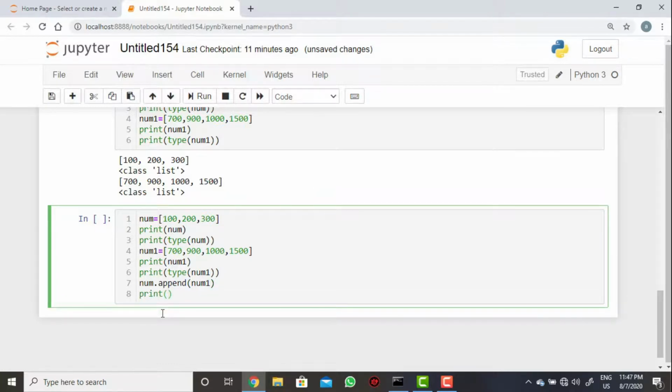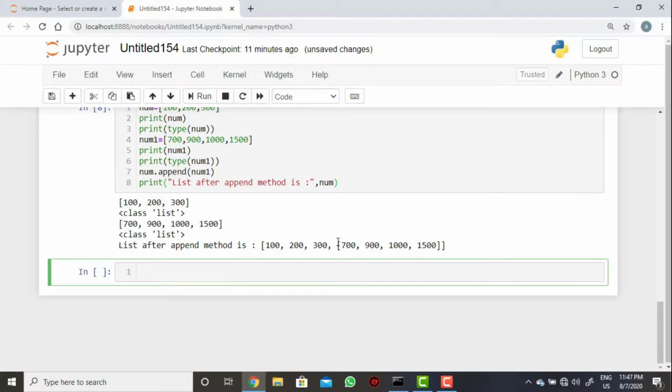Now print list after appending, using the append method, is num. When we execute, we see the list is added here.